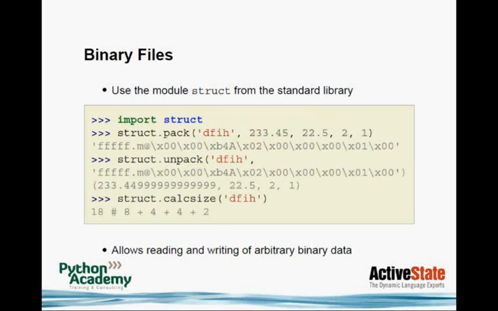That's text files, but you can also read binary files. For this, the standard library offers a struct module, and it's very easy. As a very simple example, we import the struct module. Then we have this pack command. The first thing we have to provide is a format. So we want to have a double, a float, an integer, and a short. Then we have to provide our 4 numbers, so 2 floating point numbers and 2 integers. Then we pack it, and we get a sequence of binary data. Then we can write this, if you like, to a file or to something else.